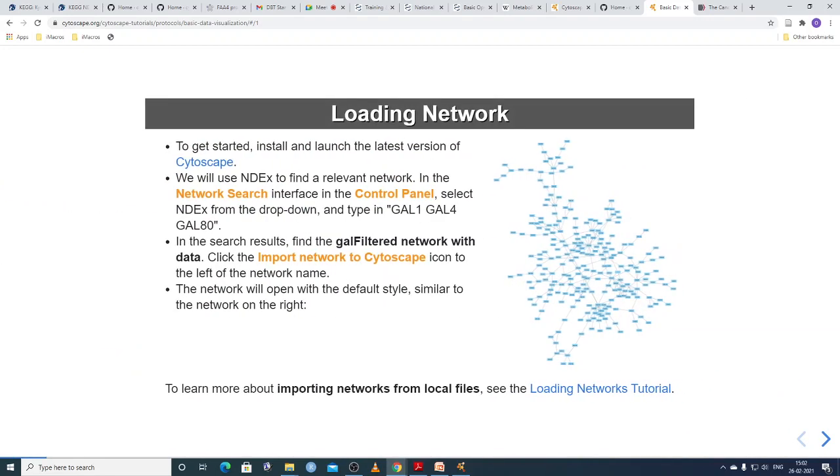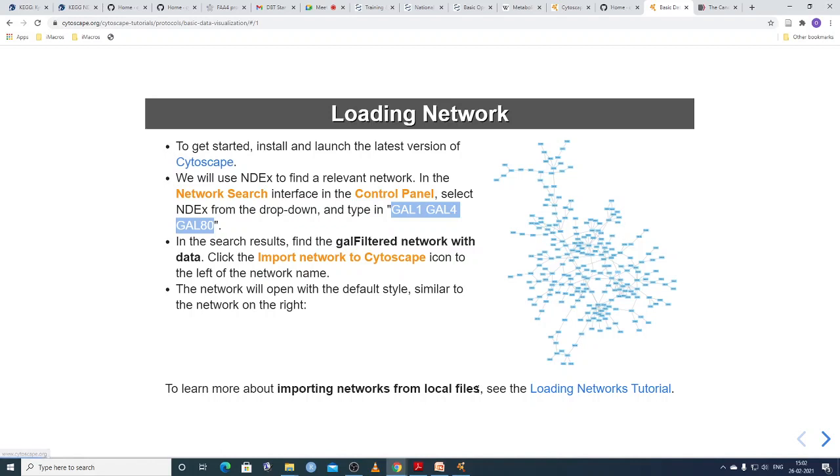So here, for example, we have GAL1, GAL4, and GAL80. What are GAL1, GAL4 and GAL80? These are different genes involved in galactose metabolism. Let us try to search our network.